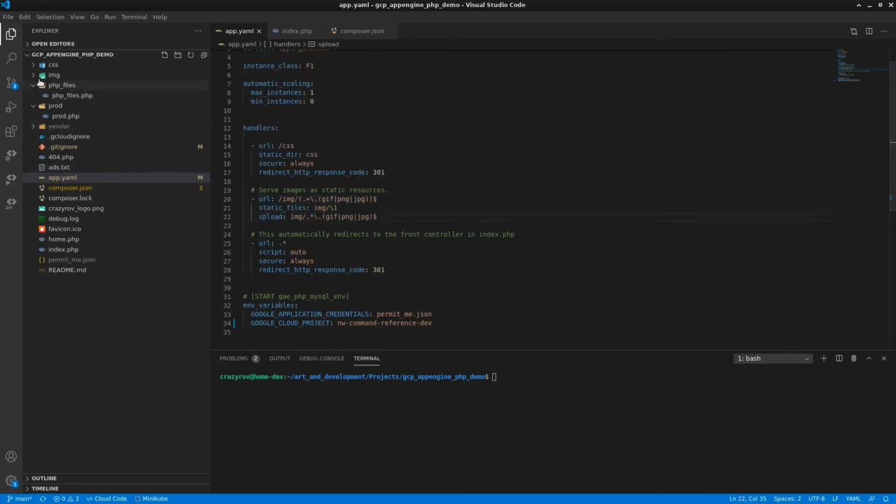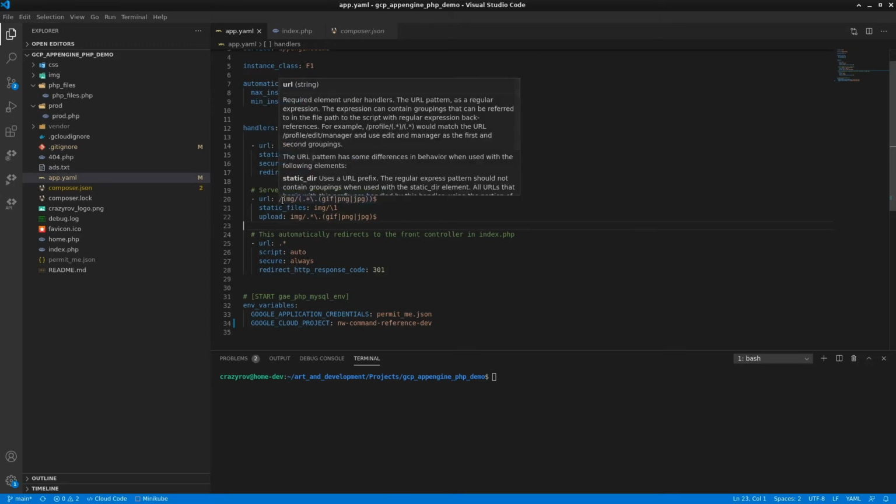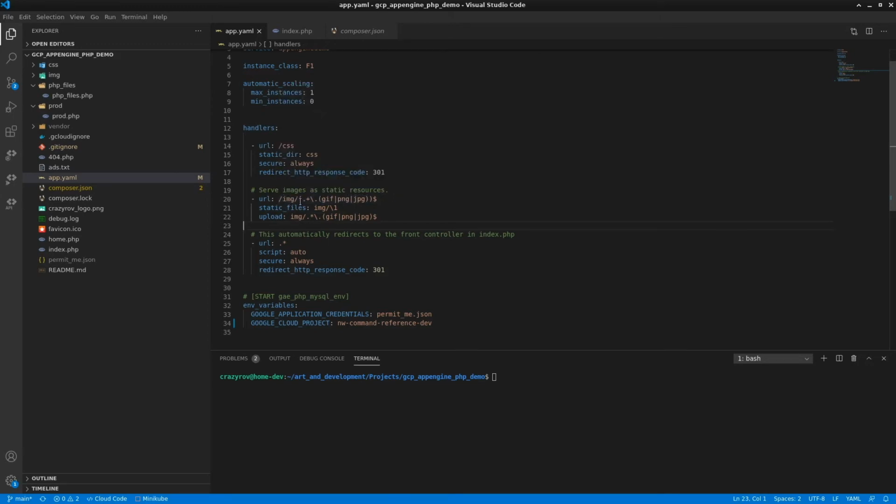In my case, the images are within the image folder, and that is what this particular definition defines. It states that for any request for a static image file within the img/image name URL pattern, the static images will be looked up inside the image folder. It also states that you have to upload all the images that are within the img folder during deployment.